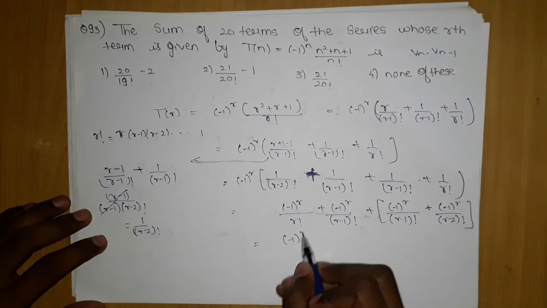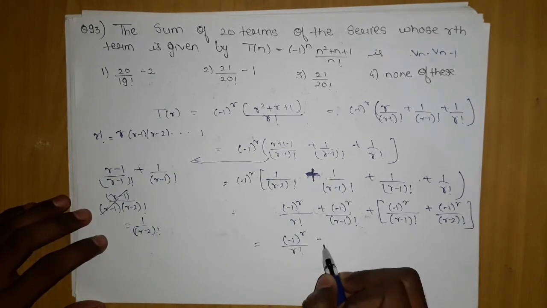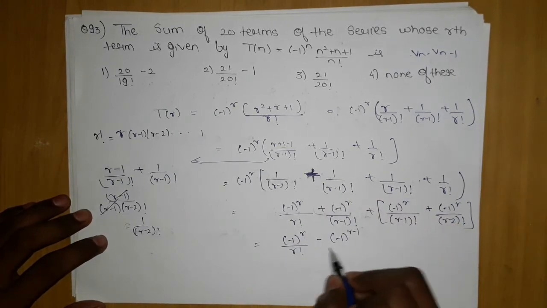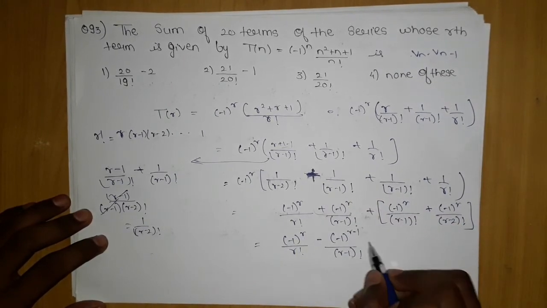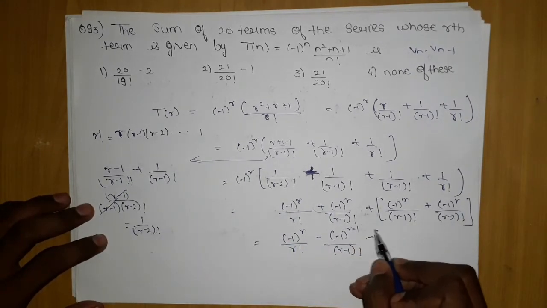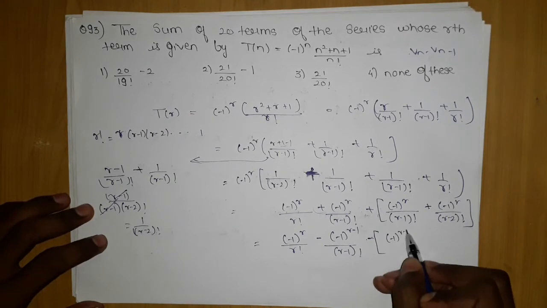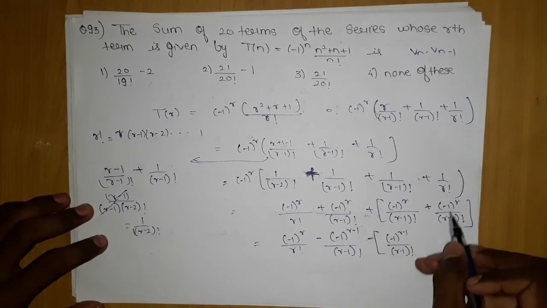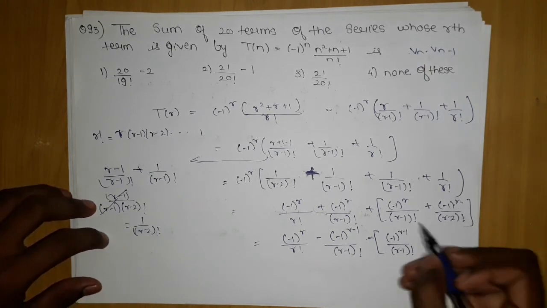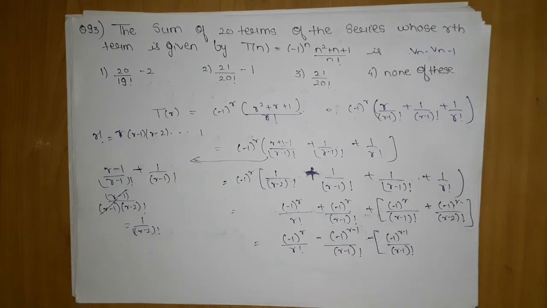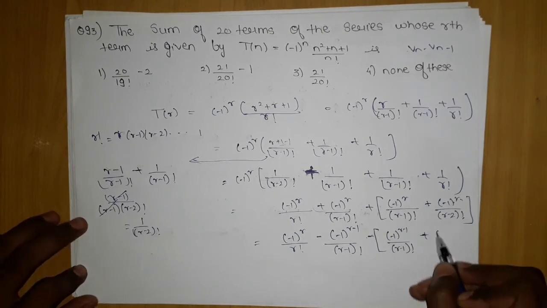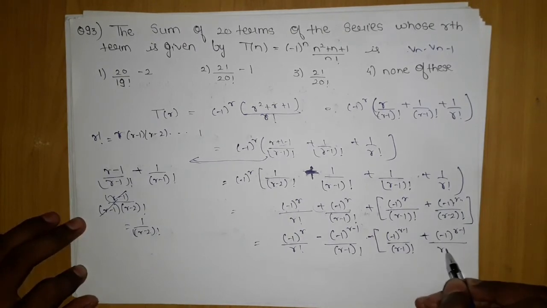To create that minus, we have to do one thing: we will take minus out of here. I have taken minus 1 by r out of this, so it will become this r minus 1 factorial. And now we will take minus 1 from both of these, which will create the minus here. This will become minus r minus 1 upon r minus 1 factorial, and since I have taken minus 1 outside once, this is minus r minus. But here also I have taken minus 1. Let me make you understand again, I have to write it again, otherwise you will get confused.